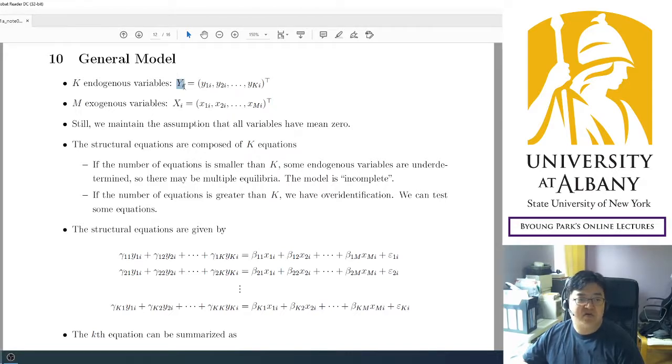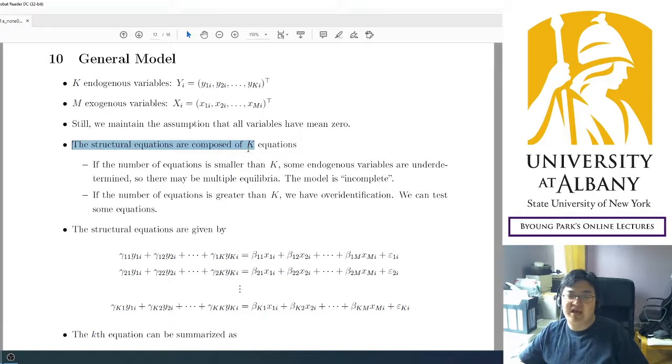I will use the capital letter to denote the vector, and scalar variables are lowercase letters, and there are m exogenous variables similarly defined. And then we will assume that all variables have mean zero to ignore the intercept. And then the structural equations,